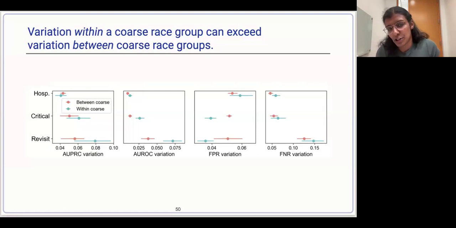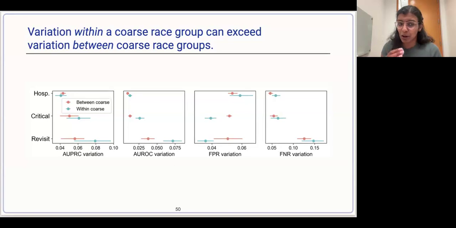The final analysis I want to share from this project is that we can ask how variation in performance within a coarse race group compares to variation in performance between coarse race groups. So we do this comparison to illustrate, okay, past research in health equity has focused on variation in performance between the coarse race groups. How does this compare to the variation we might be missing? And so each panel here corresponds to a different metric, and the blue points represent variation within the coarse race group averaged across groups. And the red point corresponds to variation in performance between the granular groups within a coarse